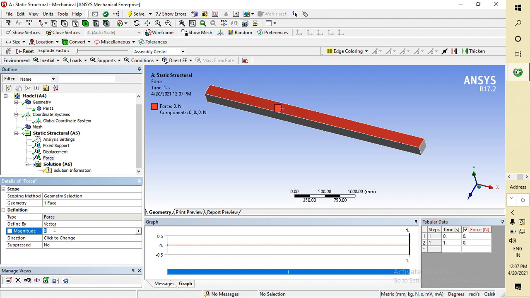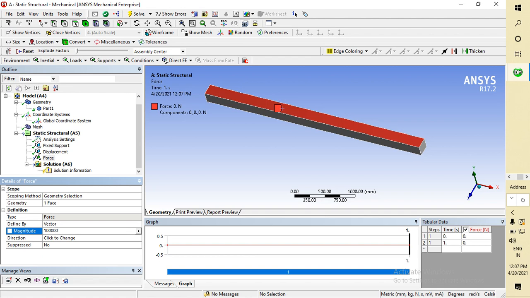Let me assume a magnitude of 10,000 newton, that is 10 kilonewton. Okay, I will choose 100 kilonewton. No problem in choosing 100 kilonewton.